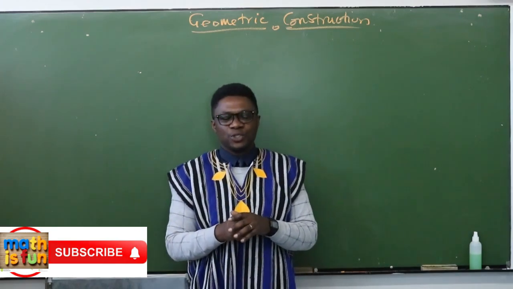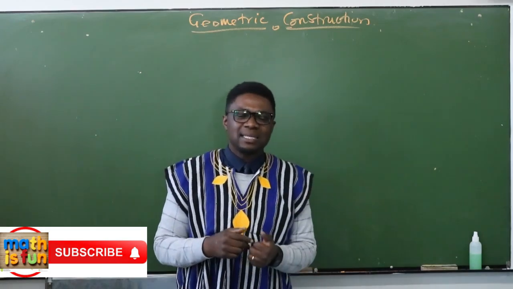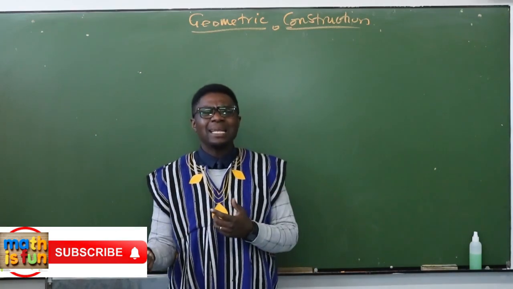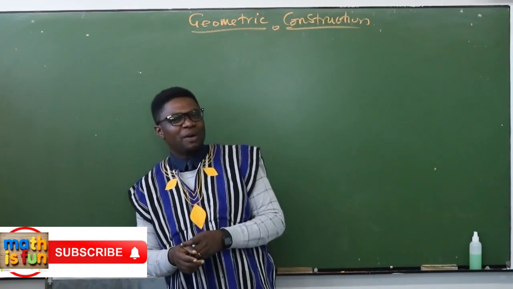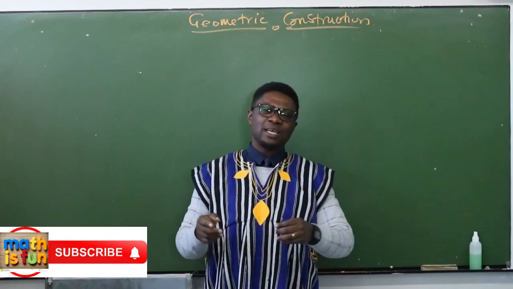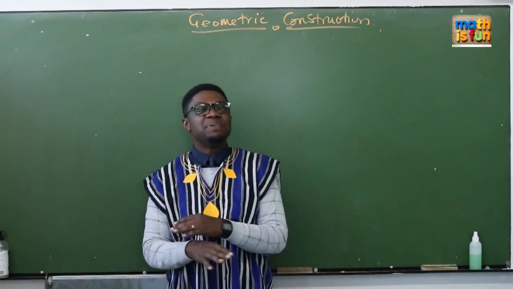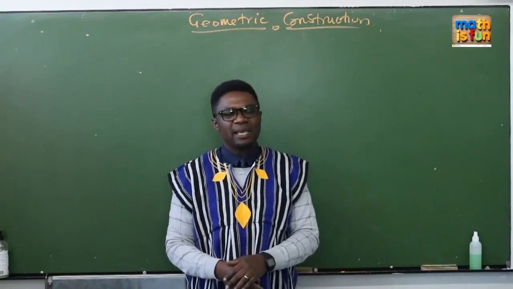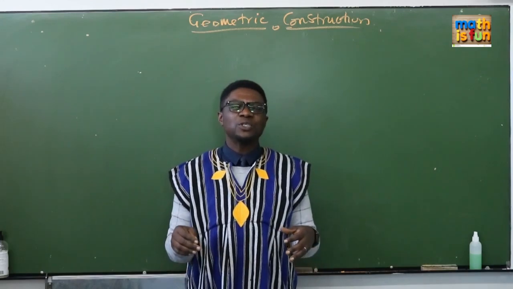Today I believe that you've gone through lines, types of lines like a ray, which is what? A line that has got a beginning point but no ending point. We also have a line segment, a line that has got a beginning and an ending point. And in construction, basically we did with what? A line segment. So looking at the line segment, in this lesson we are going to look at how to construct